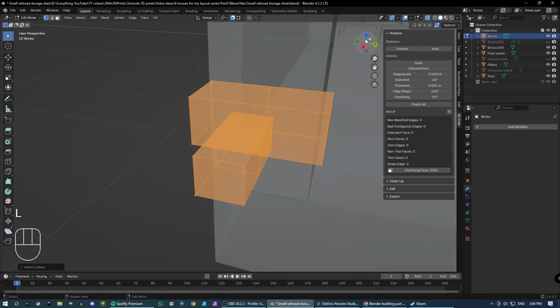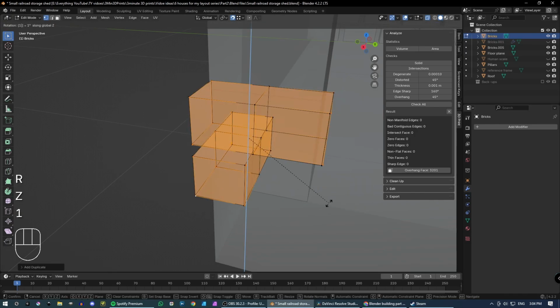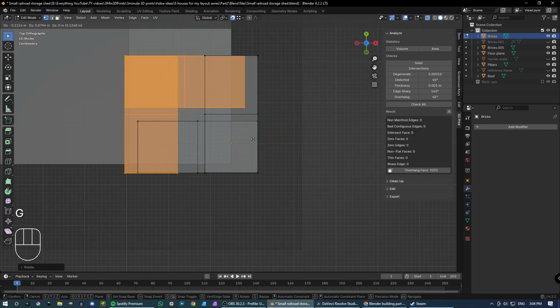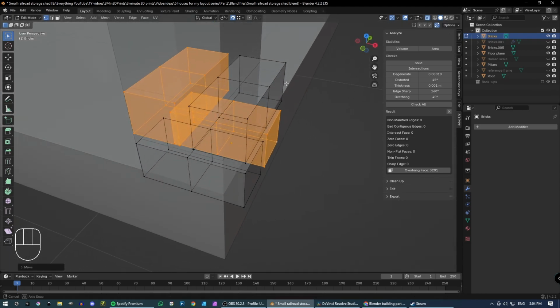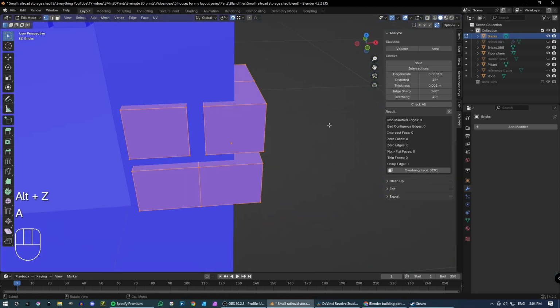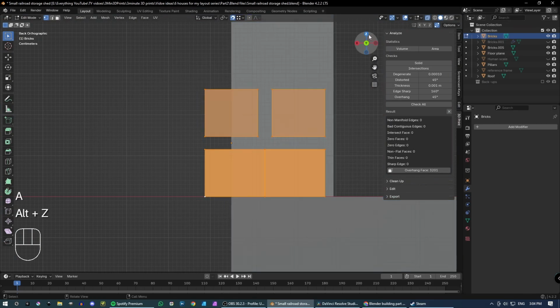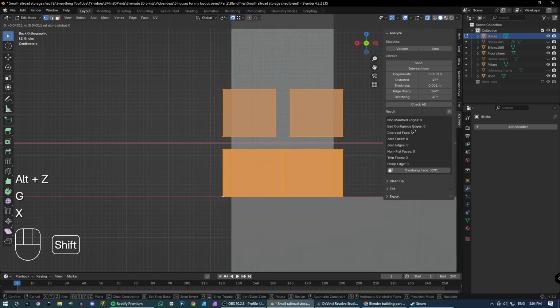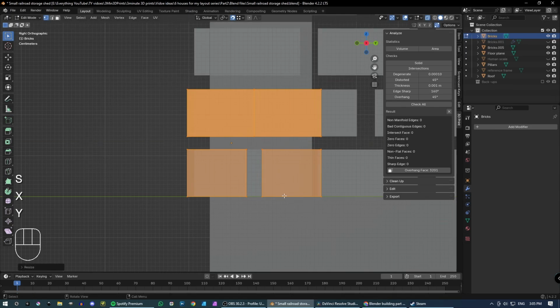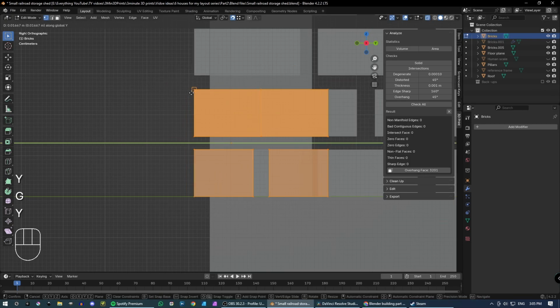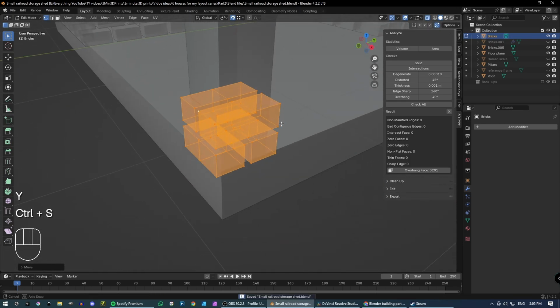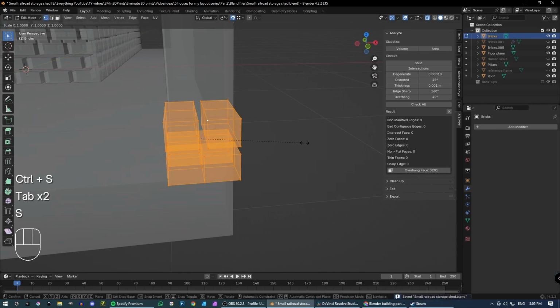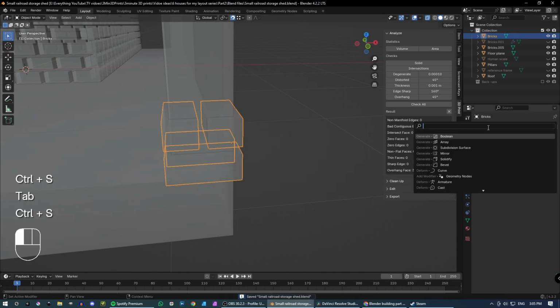Let's select the top one as well. Shift D to duplicate and R and Z by 180. And now let's line it up. Again press Shift Z like that. Awesome. G, Y. Now let's add an array modifier